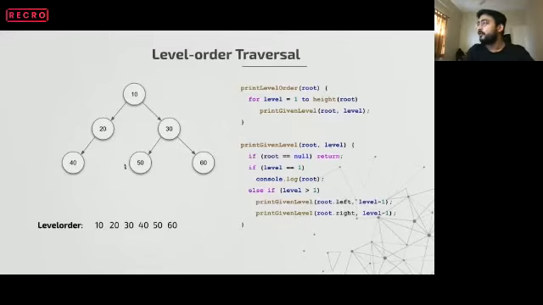So the final call stack which goes over here will have 50 as root and level as 1, correct? So we see, okay, we have reached level 1. Now it's time to print the root. We wanted 50 as output, so it will print 50 and then 60. Is it clear to everyone?